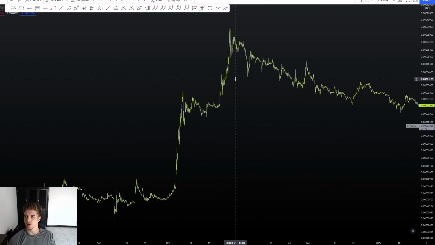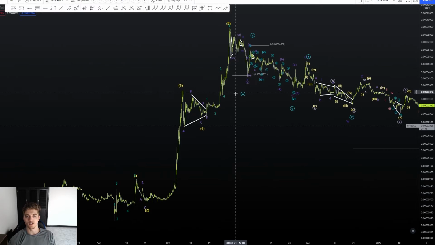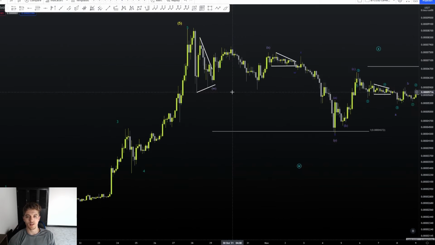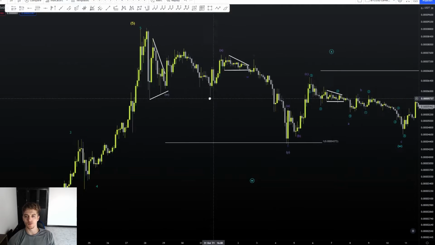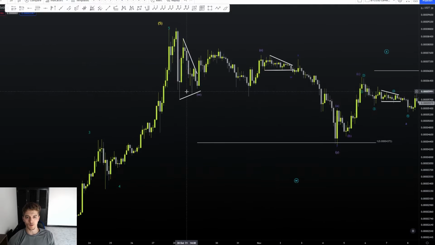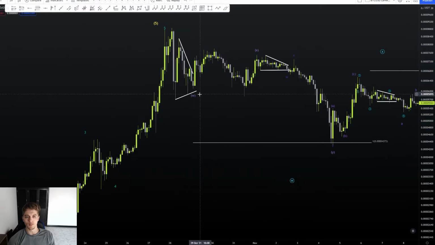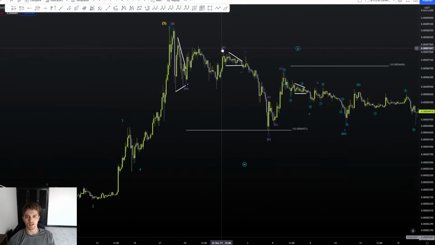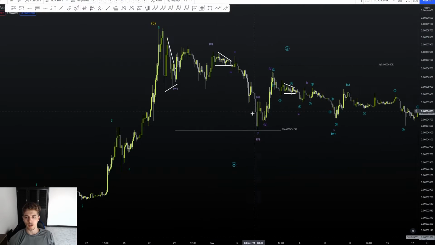Alright, so we're going to start off by going over the more complex correction that I have, which is this one right here. So let's zoom into this section. And something that I noticed when I was subdividing SHIB is that SHIB loves triangles. So you find a ton of triangles throughout these substructures. So for example, we start out with a triangle right here for a wave W. This would be a minuet wave W, up for a wave X, minuet wave X, down for a minuet wave